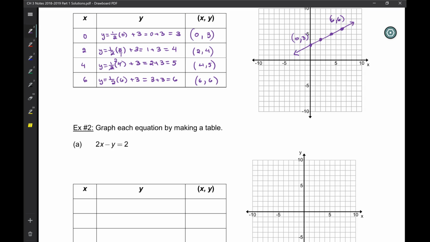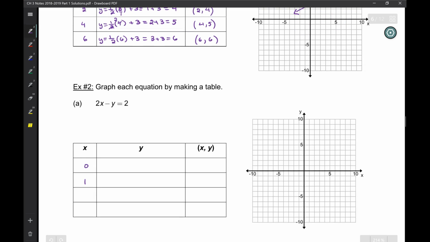Now, it doesn't have to be even. So why don't we do 0, 1, 2, 3. It's up to you. But if you don't like working with negative numbers, don't. So 2 times 0 minus,